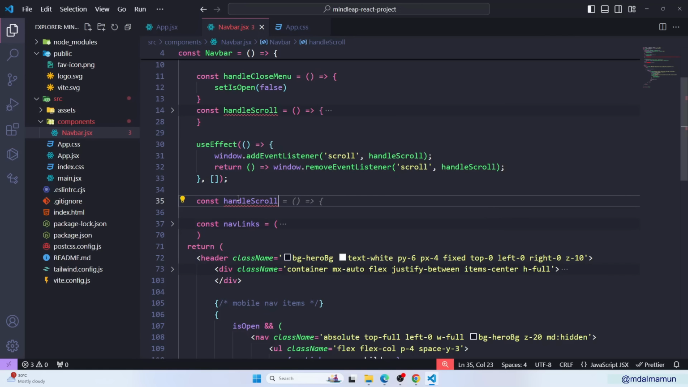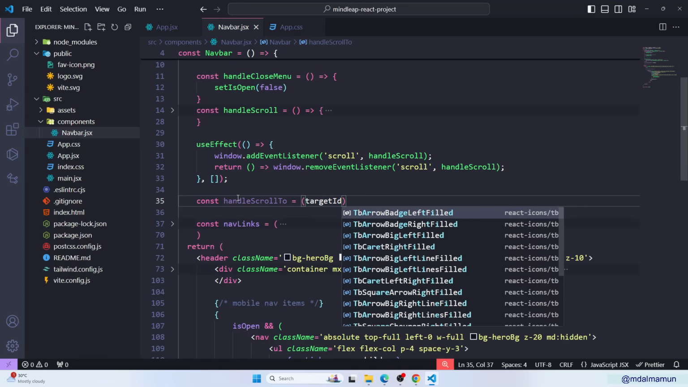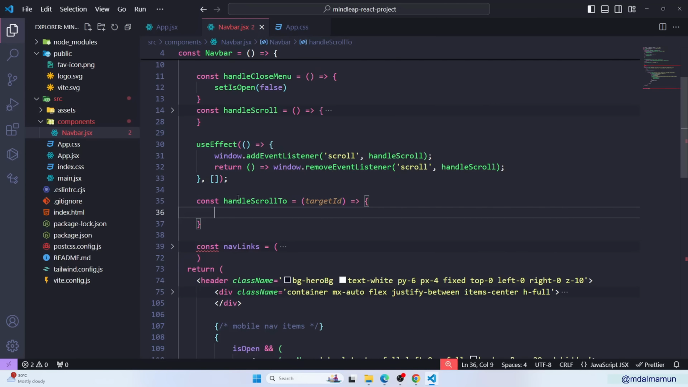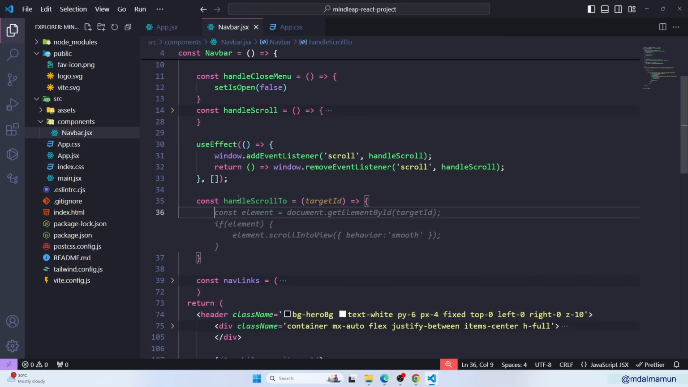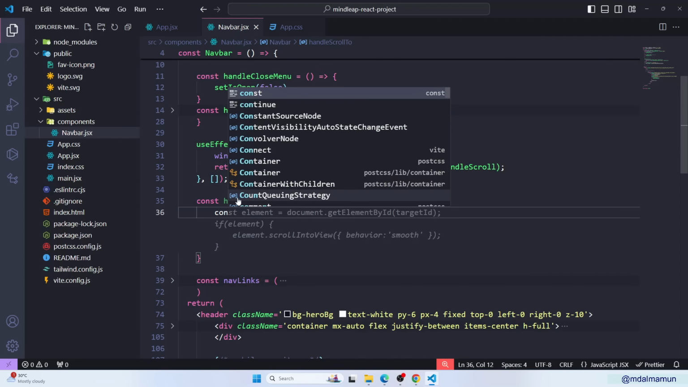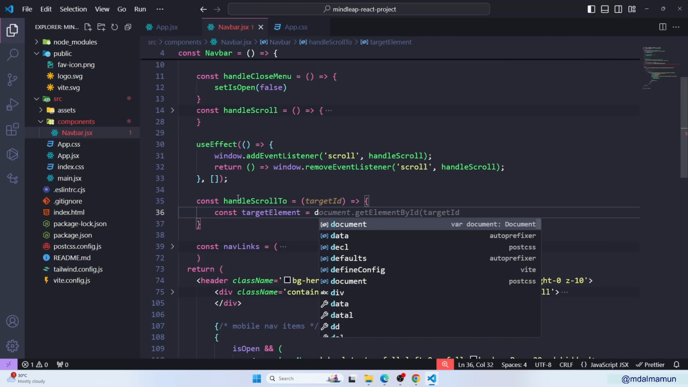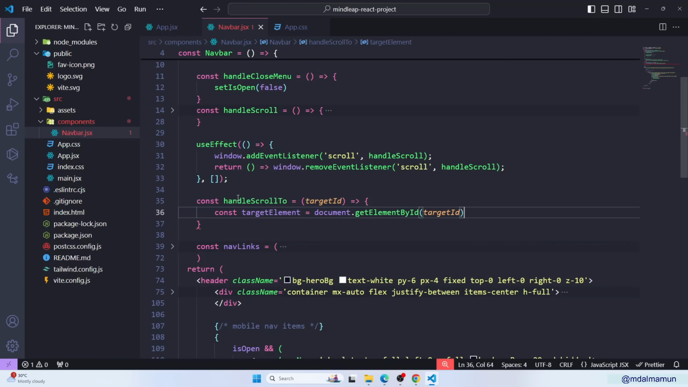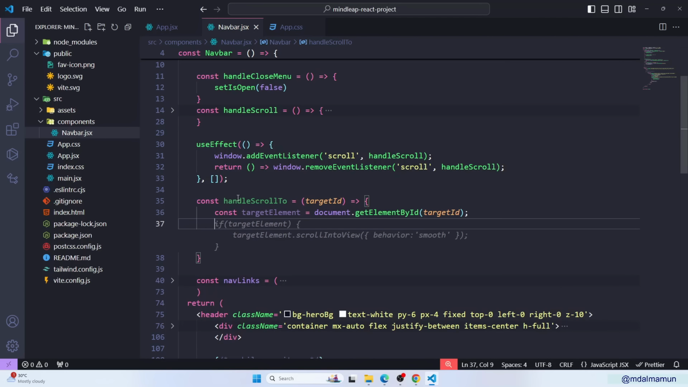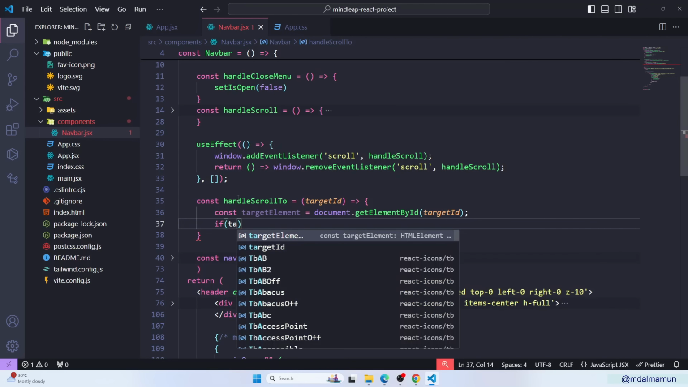scrollTo, and here we'll have the targetId. It's a little bit complex because we will define a smooth scroll feature, so that's why it's a little bit confusing, but don't worry, just write what I am doing. Target element, and that would be document.getElementById by the targetId, and finally we'll check if target element,